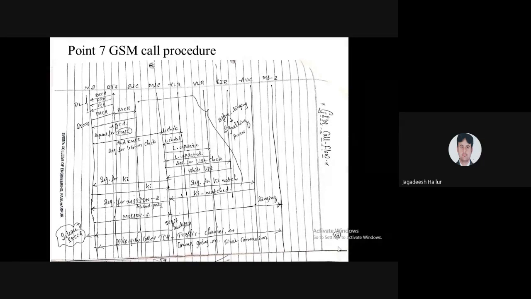Once the standalone dedicated control channel has been released, the process has been started. Once you dial the number,